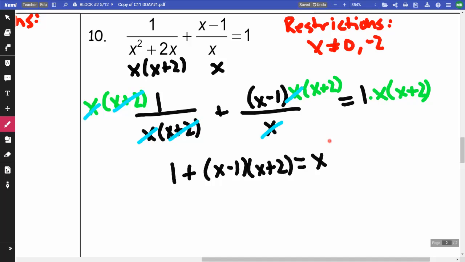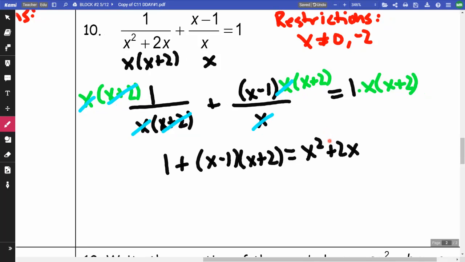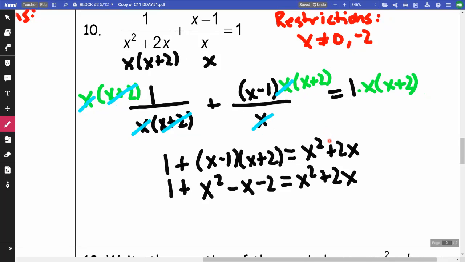And I'm going to have an x squared plus 2x. And so when I multiply the x minus 1 times x plus 2, negative 1 and 2 add to a positive 1, so I'm going to get a positive x. They multiply to a negative 2, so I get a negative 2. x squared plus 2x. I'm going to subtract x squared from both sides. And when I do that, I'm going to get